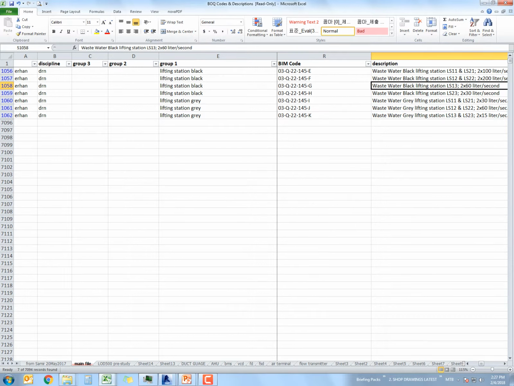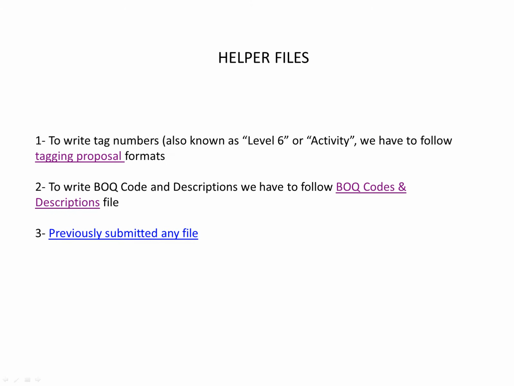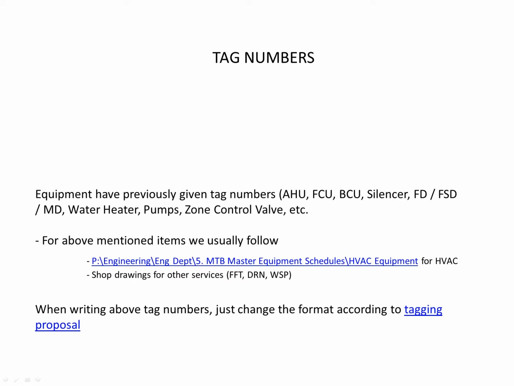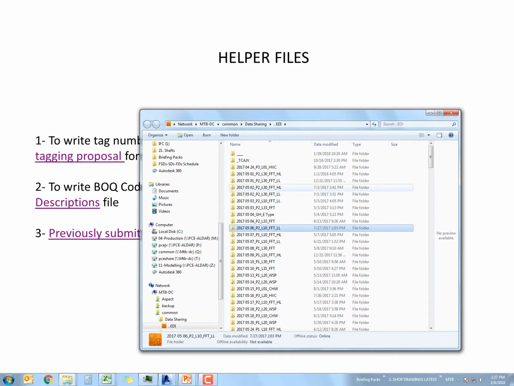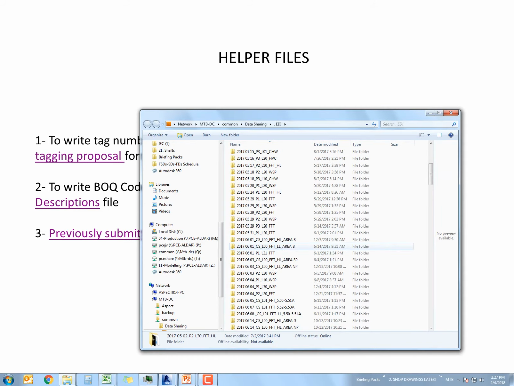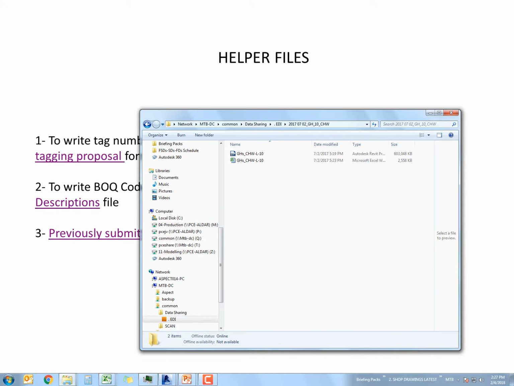The first one and second one, I mean this BOQ code and tagging proposal, these two files are the most important files here. Okay, we need very serious attention to these files. If you have any questions, you can ask us, or you can go to our previously submitted files. We keep our files in data sharing under the EDI folder. You can go to any file we have from each discipline, files submitted. You can go to them and check